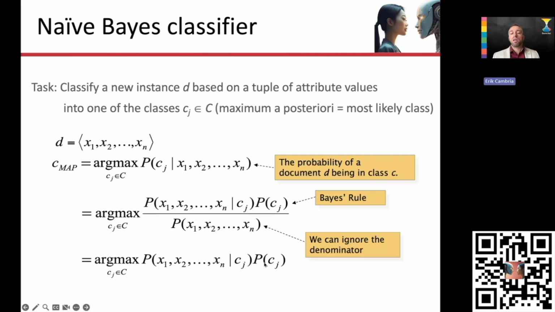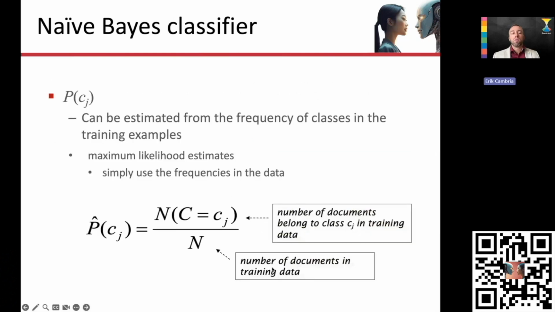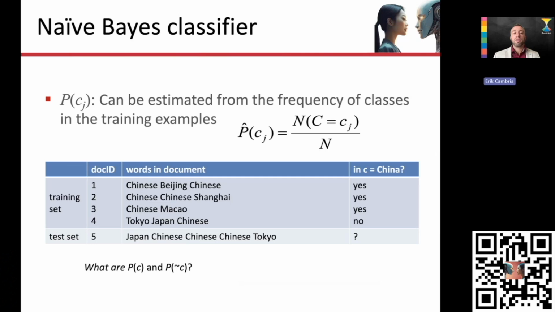Let's start with the easy one, P(C). What is P(C)? It is the probability of the class. Very simply, it is the number of documents that belong to class C in the training set divided by the total number of documents. So if I have a situation like this,